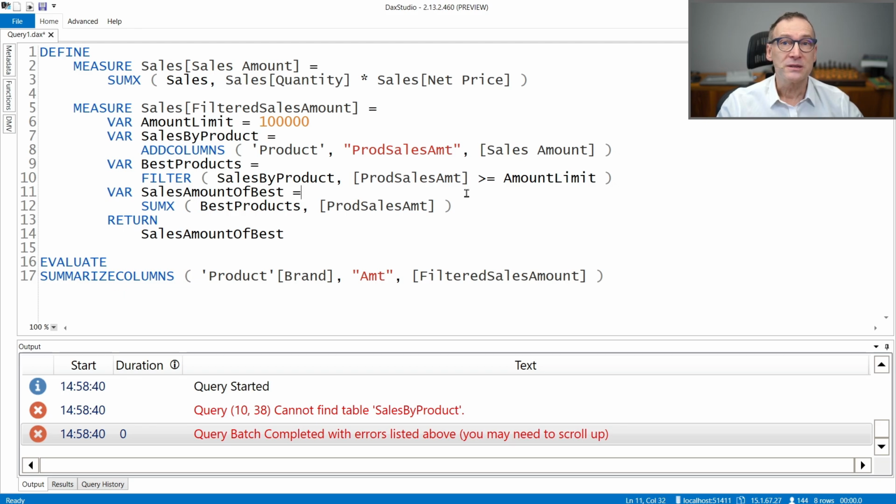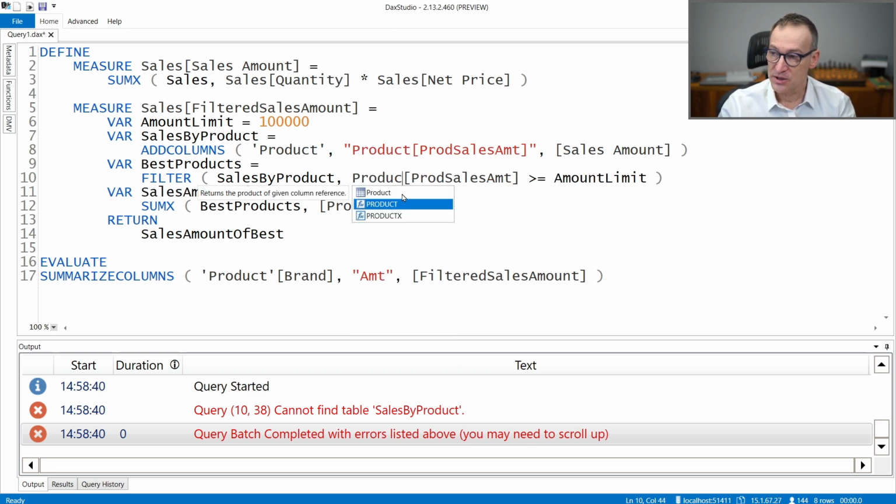I have several options if I want to force a table name in front of a temporary column. One is to add the table name here. I can write here the column name as 'ProductSalesAmount'[ProductSalesAmount]. Look at this syntax. ProductSalesAmount as the name of my column. And this lets me reference this column as ProductSalesAmount, both here and here.